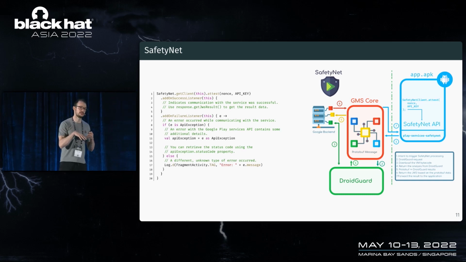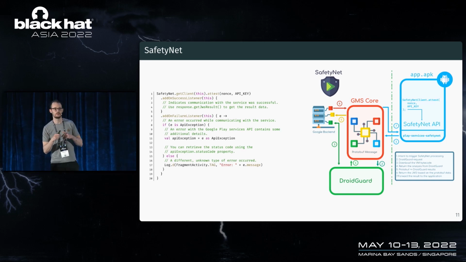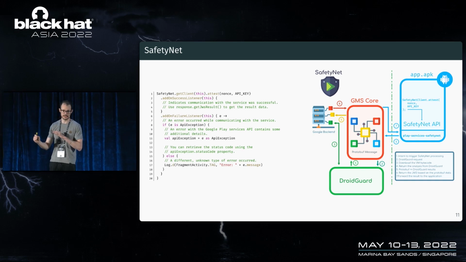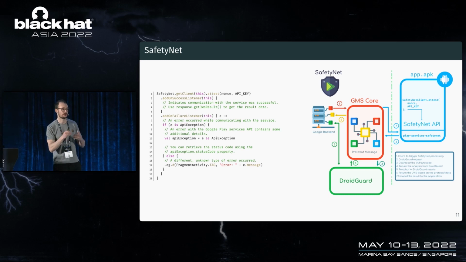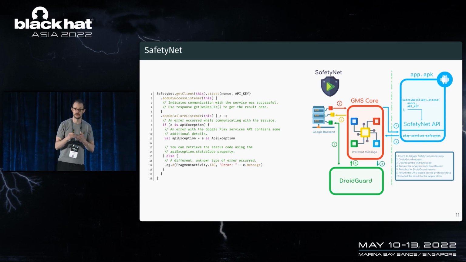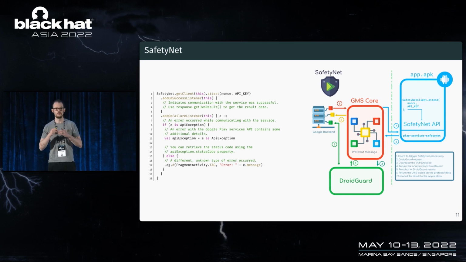GMS core on Android is a component that contains all the Google logic on the device. This component, GMS core, will perform some very classical root checks on the device. So it will check if, for instance, the su binary is present. And it will also start to create a protobuf message that will contain the information about the integrity of the